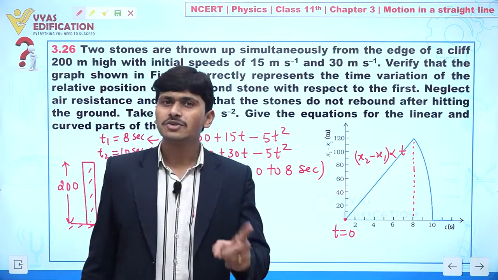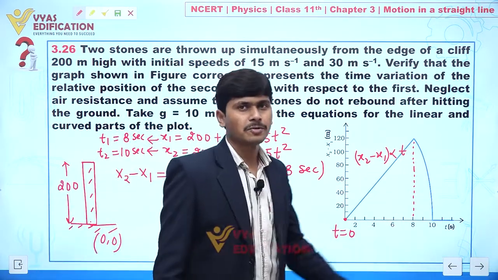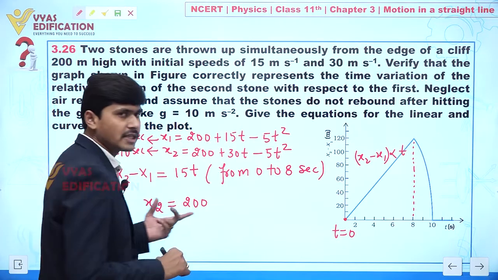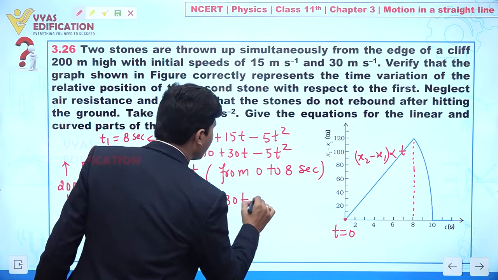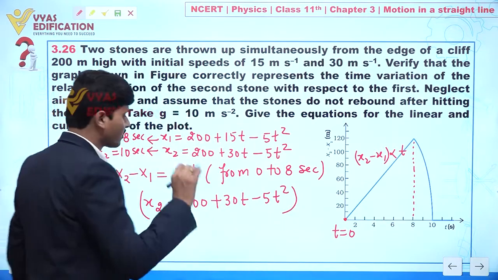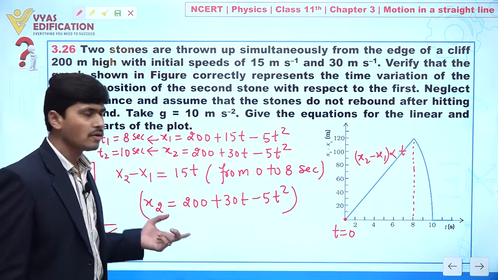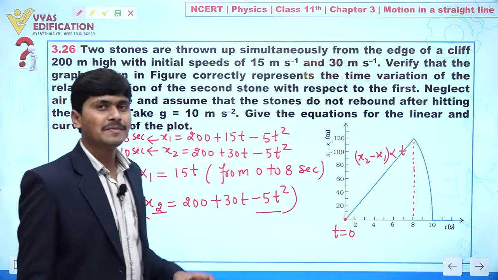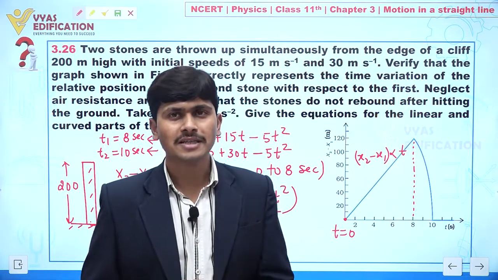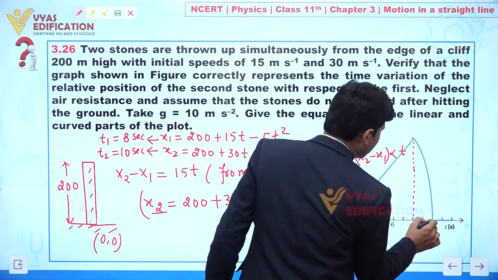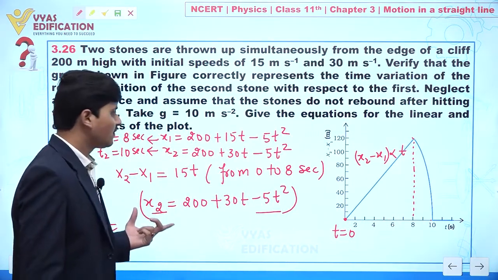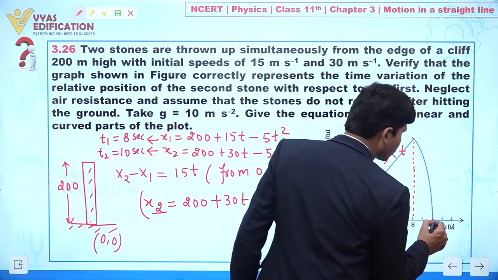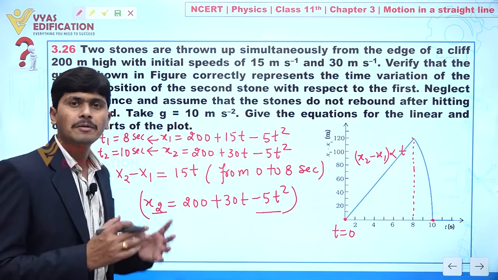Now what will happen after 8 seconds? We can say the first stone comes to rest, and what about the second stone? So only the second stone will move with this equation. It follows this trajectory, 200 plus 30t minus 5t square. Clear to you? So the second stone follows this trajectory. From here you can say x is actually varying according to minus t square. It means this is showing a parabolic path. Clear? Yes. So this is showing a parabolic path, and stone number 2 will also come to rest at t equal to 10 seconds. So at t equal to 10 seconds, stone 2 comes to rest. Clear? And what will happen after 10 seconds?